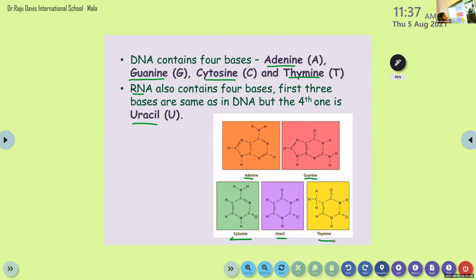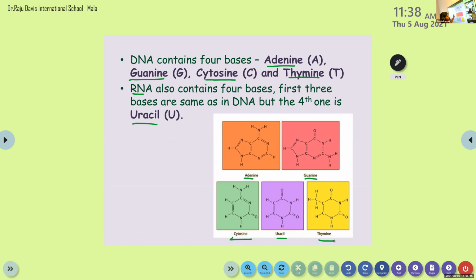Only a few portions are there from this chapter. The remaining things are deleted, so we cannot expect at which level the questions will come. So you have to identify the structures also: adenine, guanine, cytosine, uracil, thymine. Okay, it's in the textbook, page number 428. So along with the notes, you can also copy the structure. I will include it in the notes.